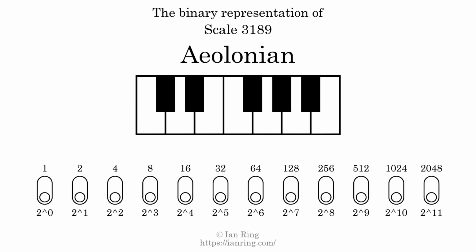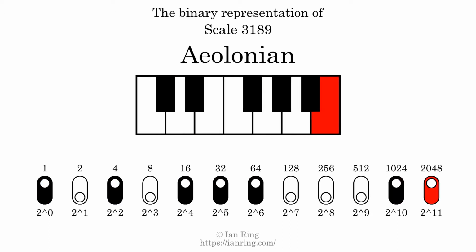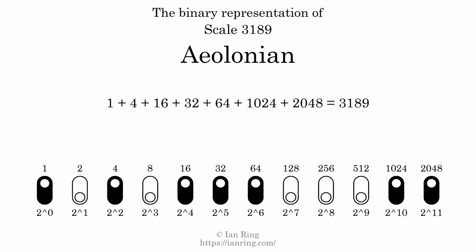The binary representation of this scale is determined by mapping tones of the scale to binary digits. Each binary digit represents a power of 2. To get the scale number, we add the powers of 2 together. The powers of 2 that are present in the scale, all added together, equals 3189. That is why the scale number, in decimal, is